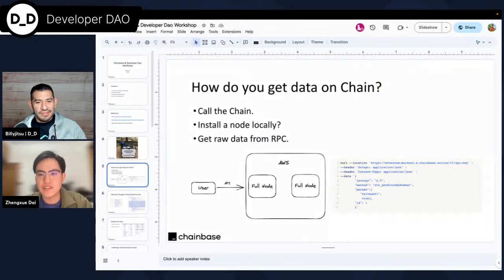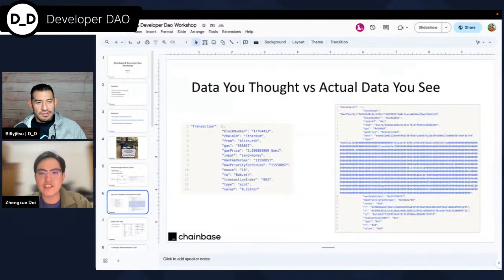But the real thing is, when you actually get the data on chain, specifically from RPC, the actual data you see on the right side is difficult and hard to decode. Sometimes they have block hash, and the block number is in hex, and the input is in such a mess. So the challenge for developers is that the data you thought might be clean and neat